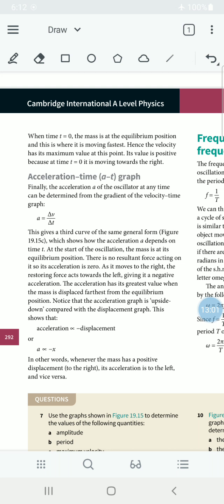So acceleration is directly proportional to the negative displacement, or you can take it as A equals K negative X. In other words, whenever the mass has a positive displacement, its acceleration is to the left and vice versa, right? So when the mass has a positive displacement, that means to the right, acceleration is to the left, that means it would have a negative acceleration. It is decelerating, right? When it has a negative displacement, its acceleration is to the right, etc. That is how it moves,